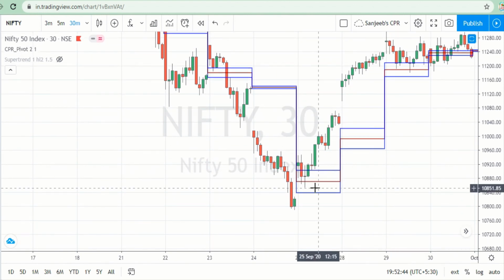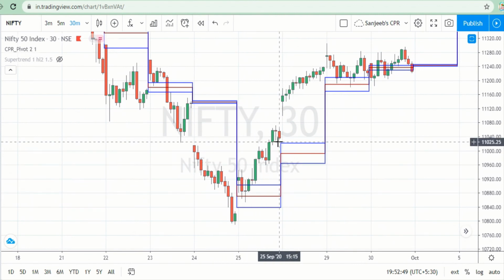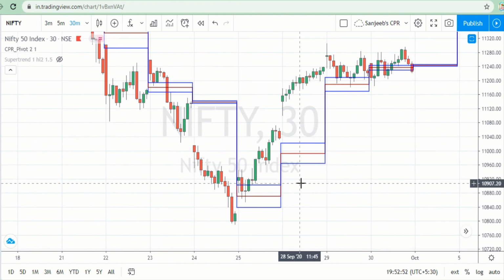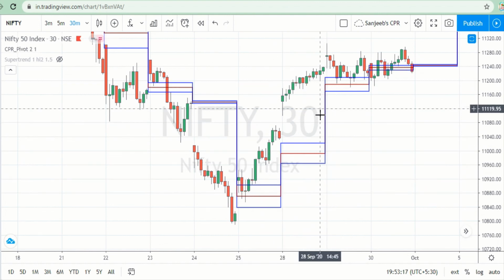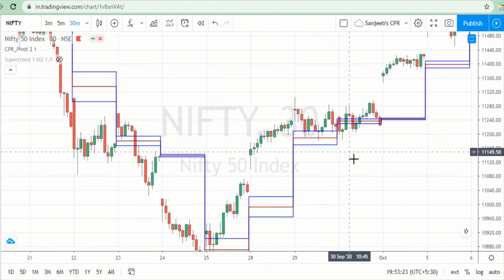the trend is changed. How do you confirm? The closing is above the CPR. Here the closing is above the CPR, and we will see 2 days, we do not confirm with only 1 day. एक दिन में हम confirm नहीं कर सकते, हम 2 दिन का चेक करेंगे ये CPR के ऊपर बंद हो रहा है कि नहीं। डाउन ट्रेंड में ऐसे हम 2 दिन चेक करेंगे, ये डाउन ट्रेंड में है तो हम अप ट्रेंड का चेक करेंगे ये CPR के ऊपर 2 दिन बंद हो रहा है कि नहीं। ये फर्स्ट डे बंद हो गया, सेकेंड डे भी ये CPR के ऊपर बंद हुआ है, it is confirmed that the uptrend has started.